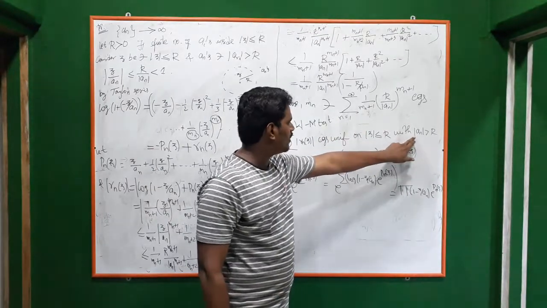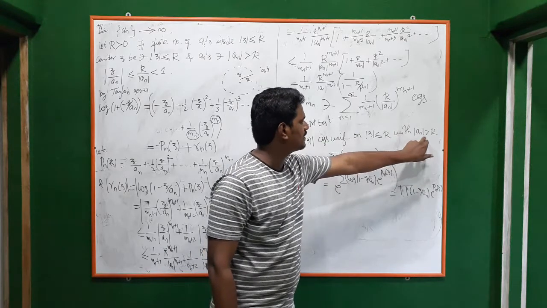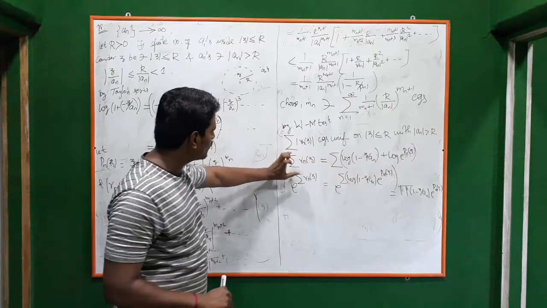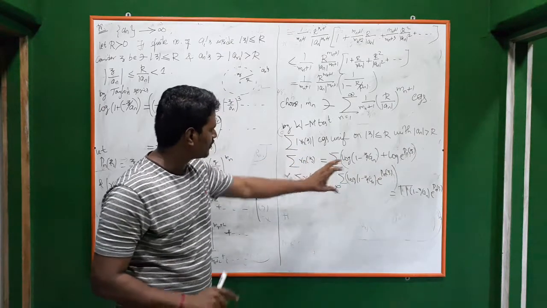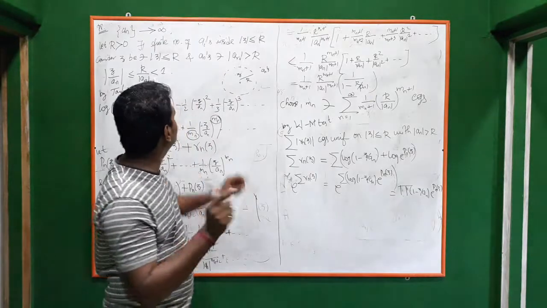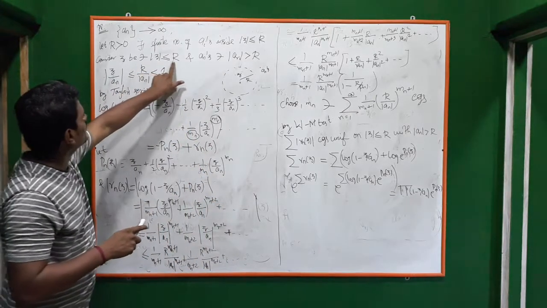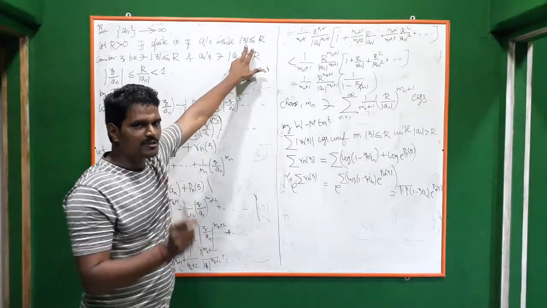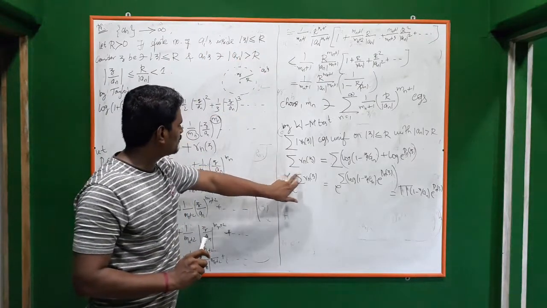Mod a, which are all an is greater than mod an, which are all an satisfies mod an greater than r, only for those an we have to do this summation. So we can't write directly n from 1 to infinity, because something will be missing which will be inside this. There will be a finite number of a's inside this, so there can be something missing over there, so I can't put directly n from 1 to infinity.